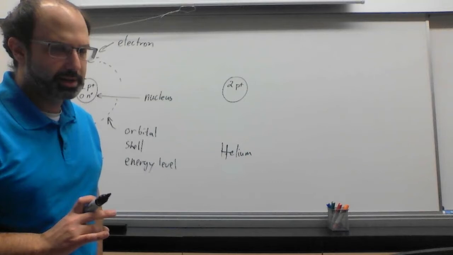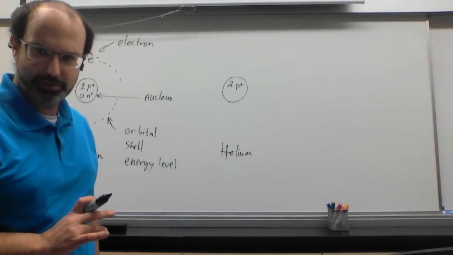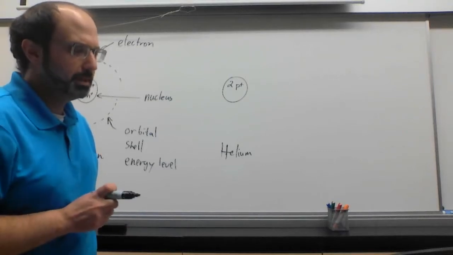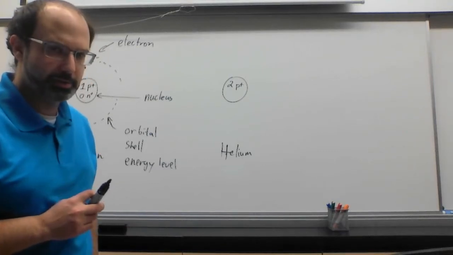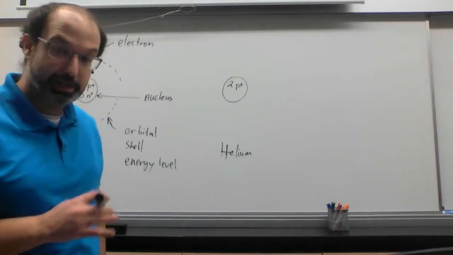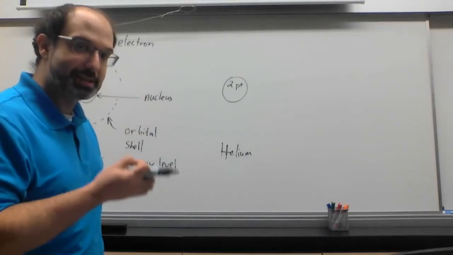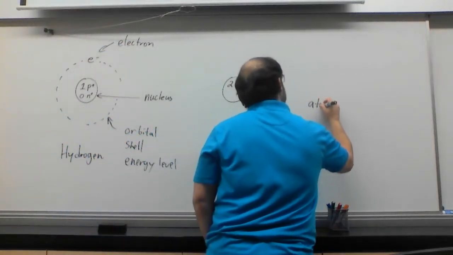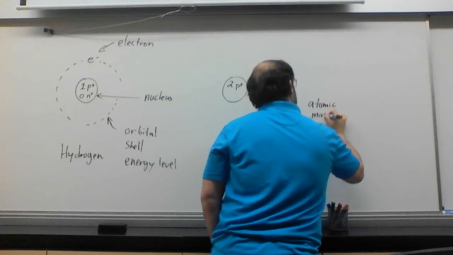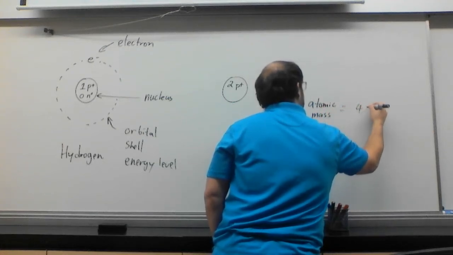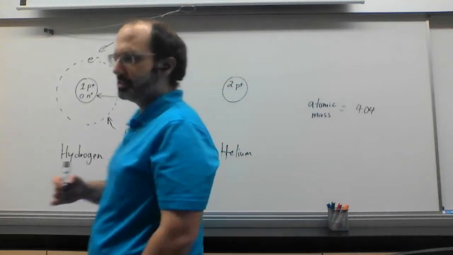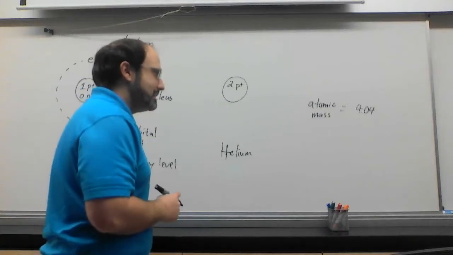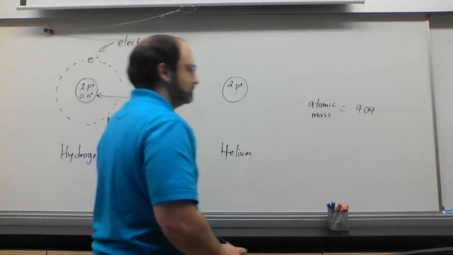Now the tricky part, how many neutrons do I have to put in there? Hydrogen was easy, it was 0. Very convenient. Helium, not so much. Well, how do we figure it out? We'd have to look at the atomic mass, right? How much one atom weighs. Now, we'd get that on our periodic table. And if we look that up on the periodic table, we would find that the atomic mass is going to be equal to 4.04, I think, something close to that. About 4 is the key. And if it's about 4,